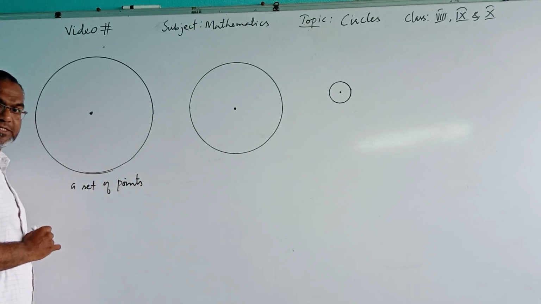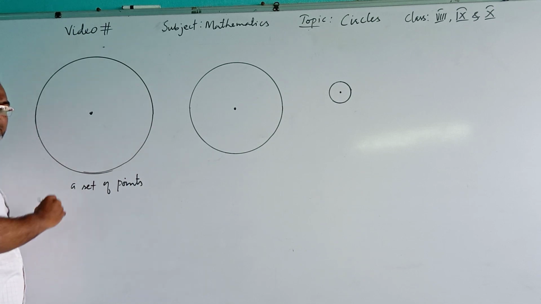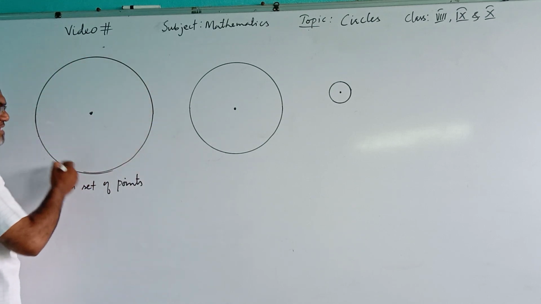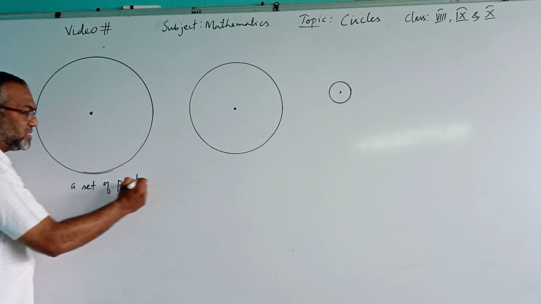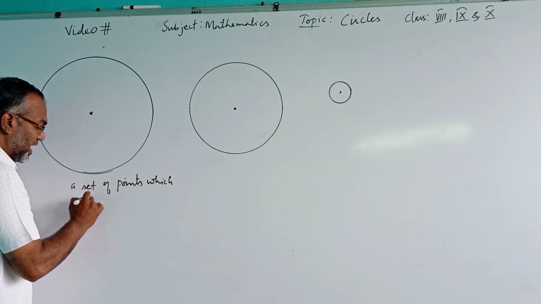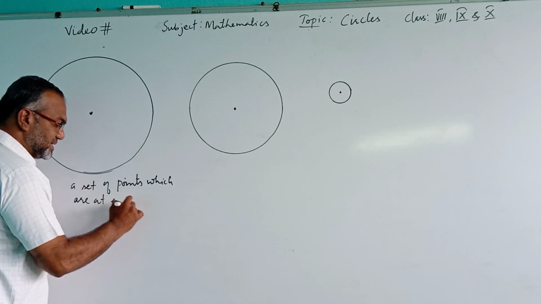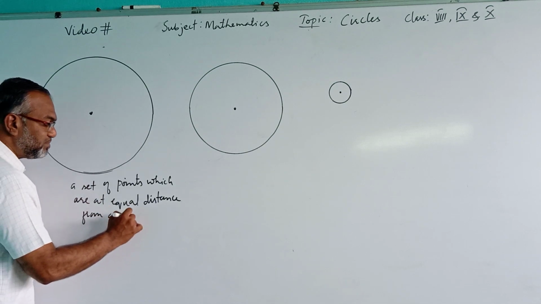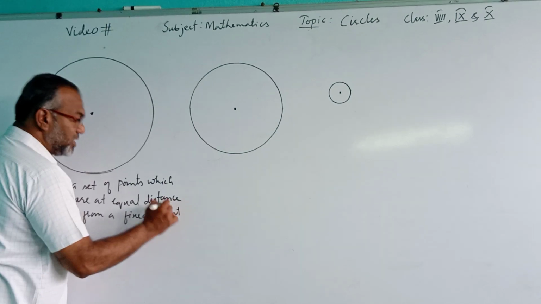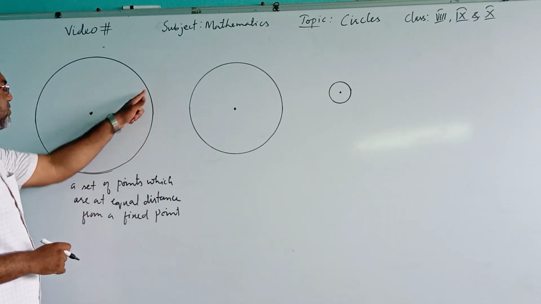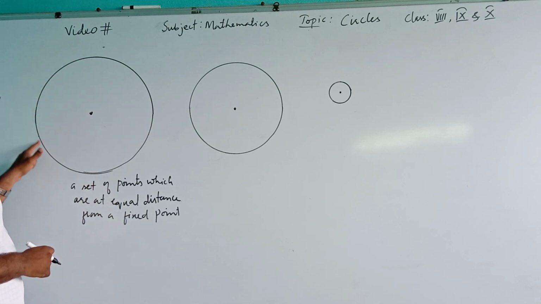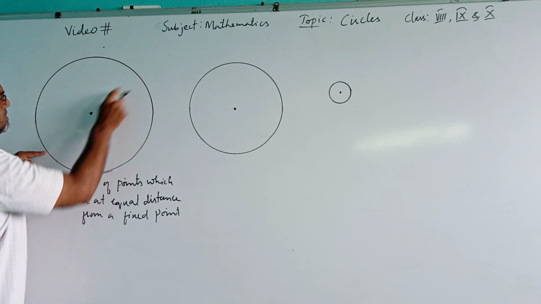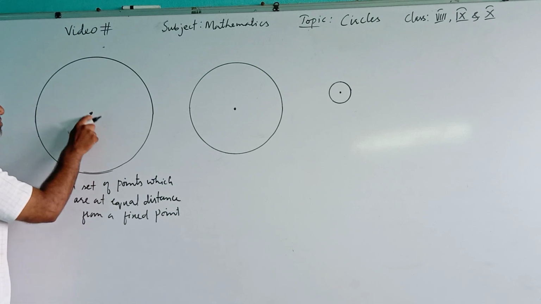We all know this. Therefore, the definition of circle becomes a set of points. Circle is a set of points, indefinite number of points, infinite number of points. So many are there, we cannot even count. So those points are on this circle. So a set of points which are at equal distance, same distance from a fixed point. There is a point here, and here, and here. There is a point very close to this point, right? All these points, they are at equal distance from this fixed point, and this fixed point is